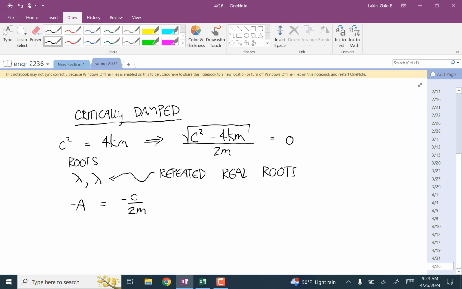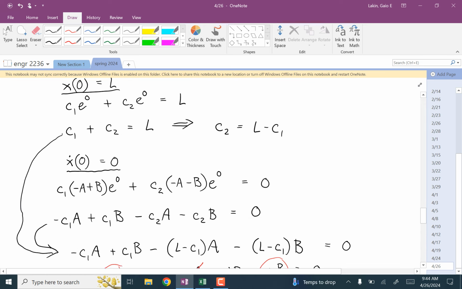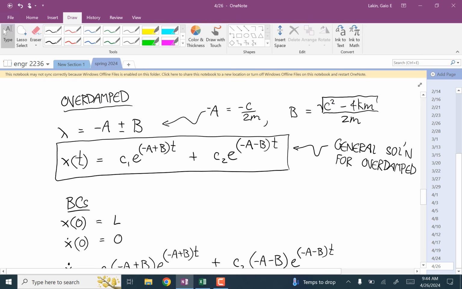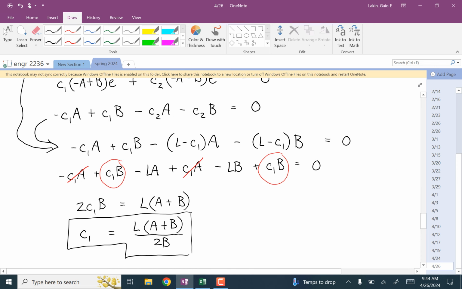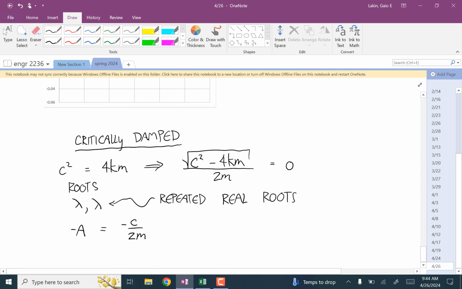And so what do you do in a differential equation like this when you have two repeated roots? Notice that in the overdamped case, we had two different roots, and we set it up as some unknown constant times e to one of those roots times t, plus another constant times e to the other root times t. Well, now we can't do that because that just becomes a single constant times e to the one root times time. And obviously we're losing information there. Well, the trick that you use there,